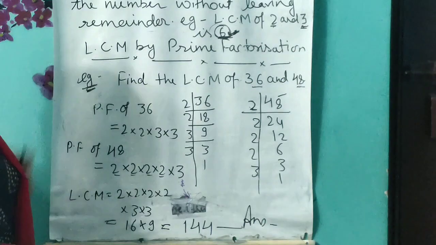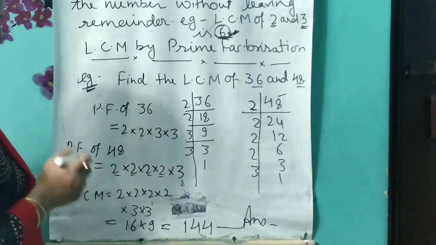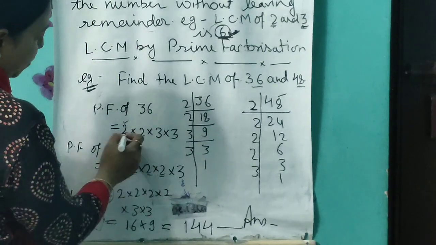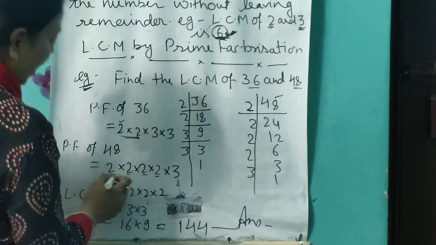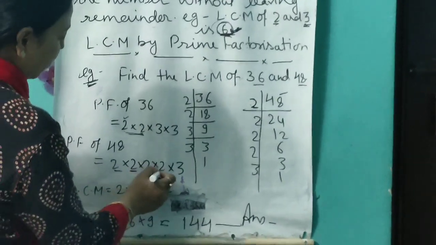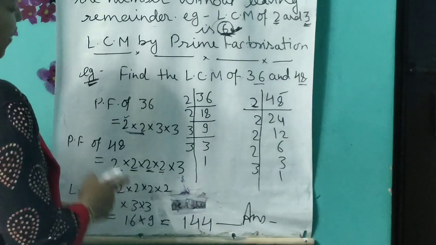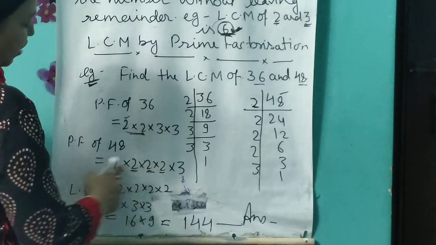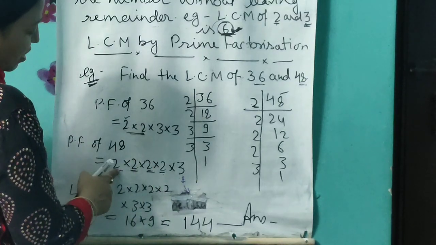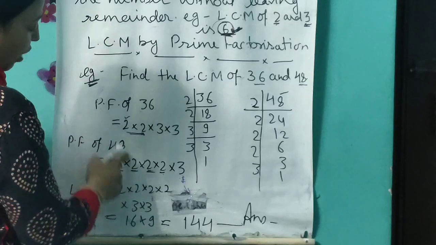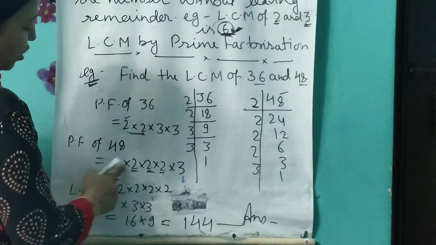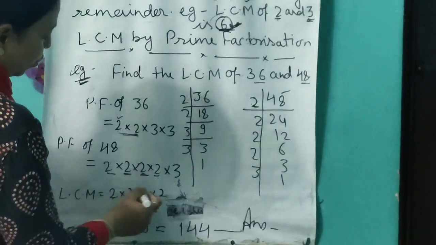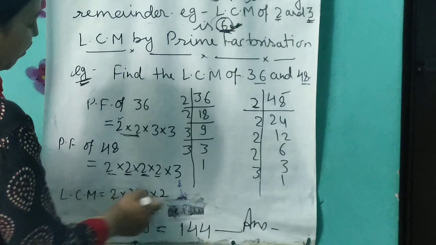So how to find the LCM? To find the LCM, you will see what prime factors are common in these. So you can see 2. 2 is present how many times in the factors of 36? 2 times. And 2 is present how many times in the factors of 48? 4 times. So for finding the LCM, we will take the prime number the maximum number of times it appears in any of these. So how many times is it there at maximum? 4 times in the second one. In the prime factorization of 48, 2 is present 4 times. So you will take 2 four times: 2 into 2 into 2 into 2.